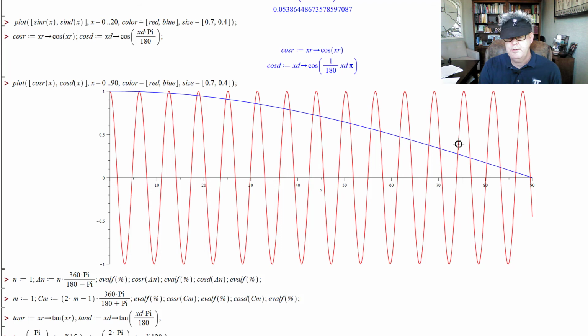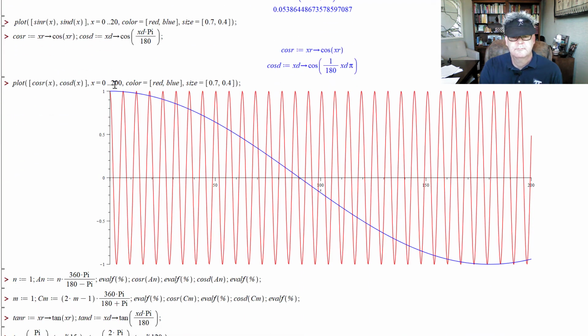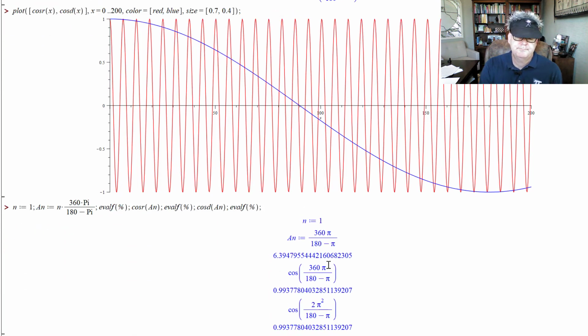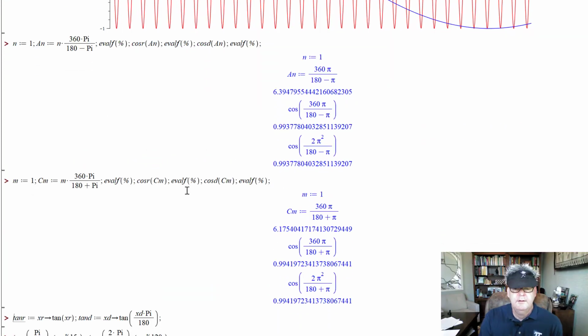in degree mode, and we'll start at 1 and then hit at 90. Here's the cosine in the radian mode in red. I'll go to 200 again. So we found those intersections. These are actually the same as with the sine, so it's a repeat. And any multiple of this value as well. So the 6.1,